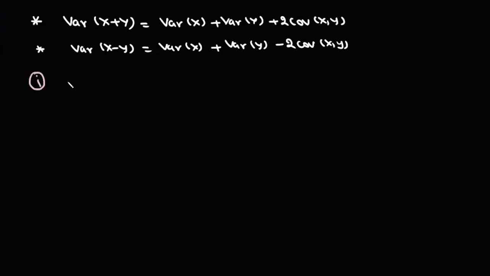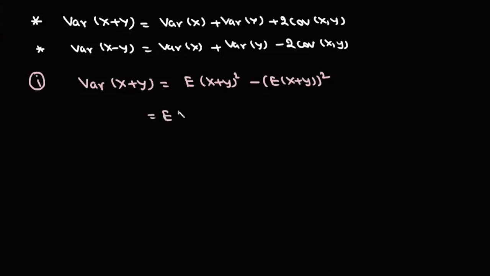अब इनको प्रूव कैसे करते हैं? तो जैसे पहला अगर ले लें तो हमारे पास दिया है, हमें निकालना है वेरिएंस ऑफ (X प्लस Y)। तो बेसिकली वेरिएंस क्या है? वेरिएंस है एक्सपेक्टेशन ऑफ X स्क्वायर माइनस एक्सपेक्टेशन ऑफ X होल स्क्वायर। तो ये हो जाएगा E[(X प्लस Y) स्क्वायर] माइनस (E[X प्लस Y]) होल स्क्वायर। अब इसको हम लिख सकते हैं, ये E[X स्क्वायर प्लस Y स्क्वायर प्लस 2XY], और यहां पे हो गया (E[X] प्लस E[Y]) होल स्क्वायर, लीनियरिटी ऑफ एक्सपेक्टेशन से।